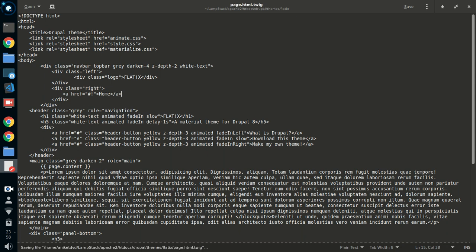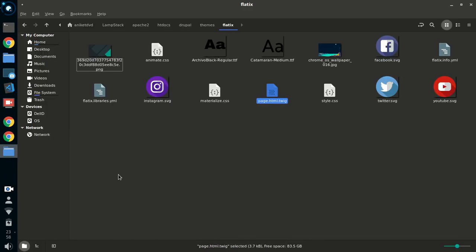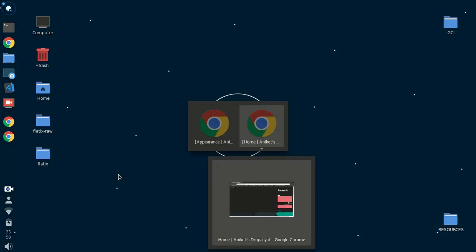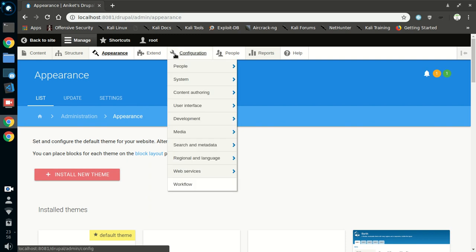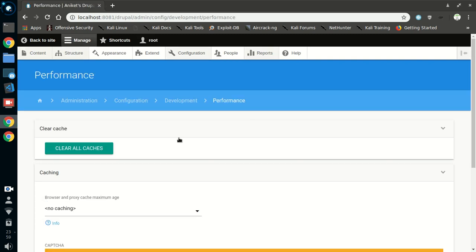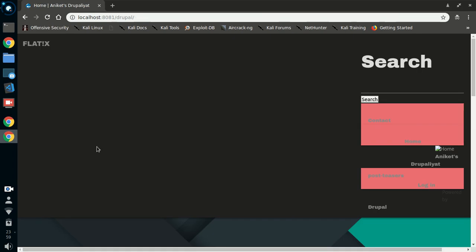Let's save it. Okay, so now we are going to clear the cache: configuration, development, performance, and we'll clear all the cache, and this will help us fix this thing,